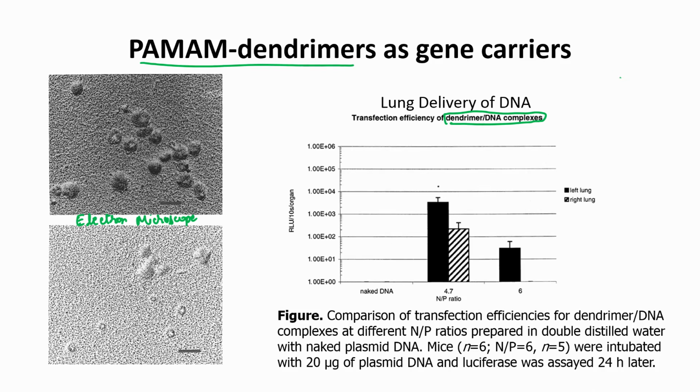So, what was done is you have your mouse lungs, you take the mouse, you anesthetize it, you put a tube into the trachea. So, this is the trachea, and you put a tube. It is called an endotracheal tube,